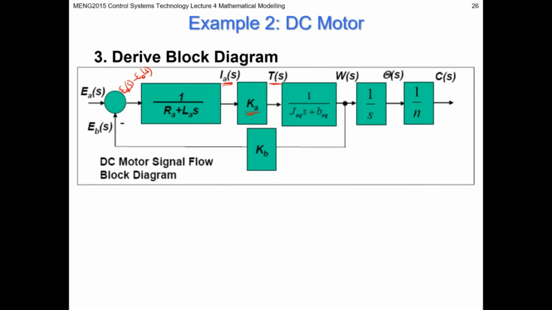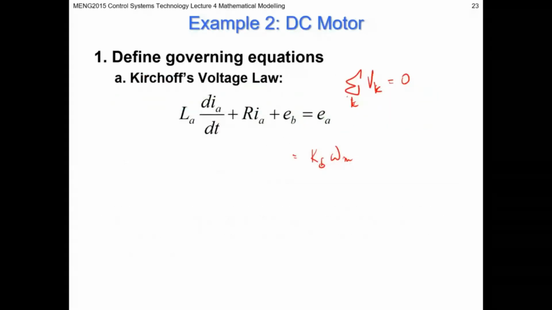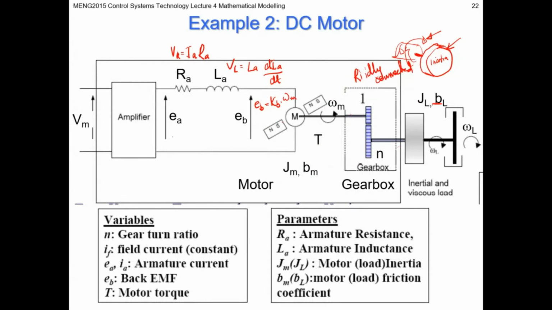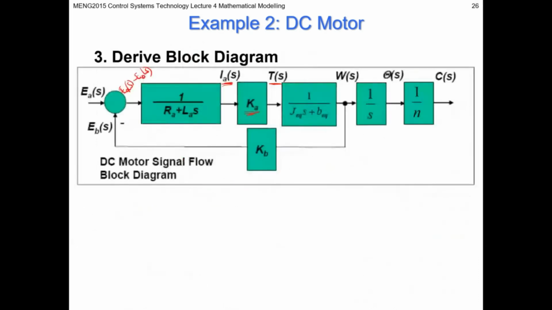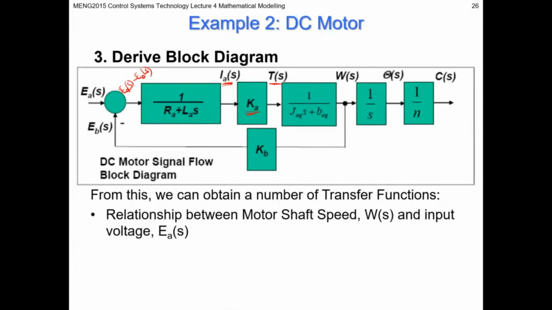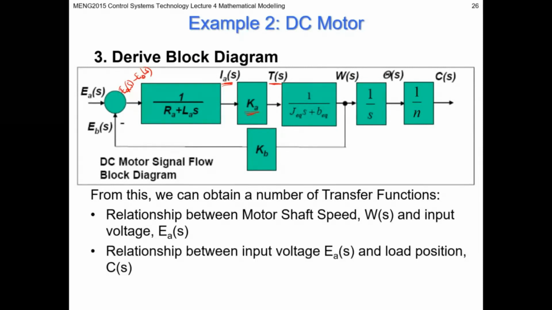So let me just take you back to the original schematic to this page. Right, so I think we said this is the speed and this is the position of the motor, and this is the position of the inertia. Right, so now we've gone right through the system and we have a block diagram that defines an output motor position. So now we've actually gone through the process of creating a mathematical model of the circuit, and